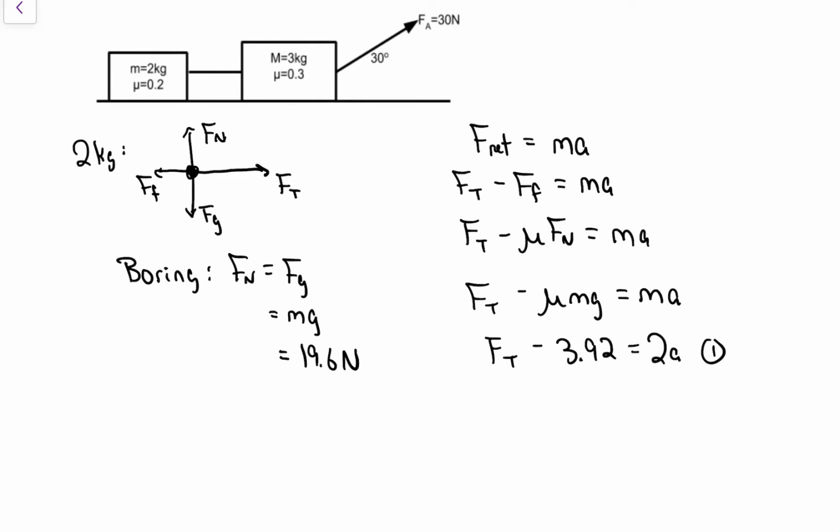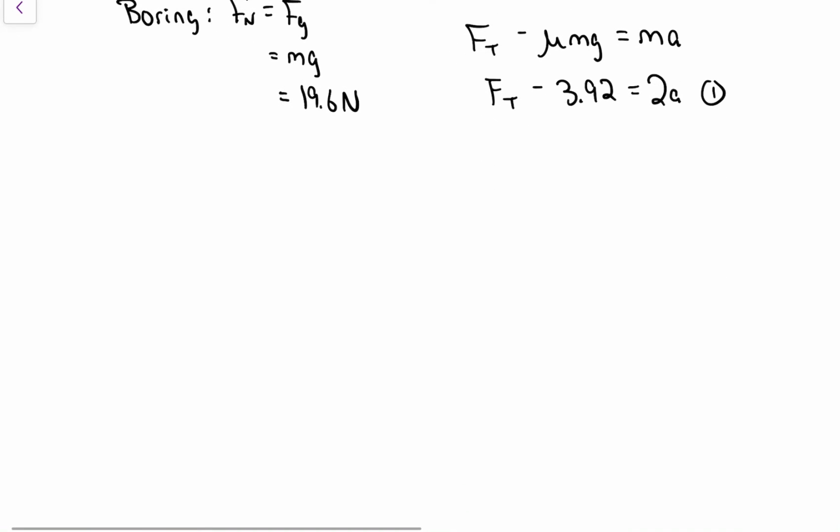That's as far as I can take the 2 kilogram object. The Ft is positive. We've got a negative friction force, and that's equal to ma, or 2a in this case. The other object, the 3 kilogram object, is a little bit more complicated. Take a peek at that before I scroll. All right, when I draw a free body diagram of the 3 kilogram object,